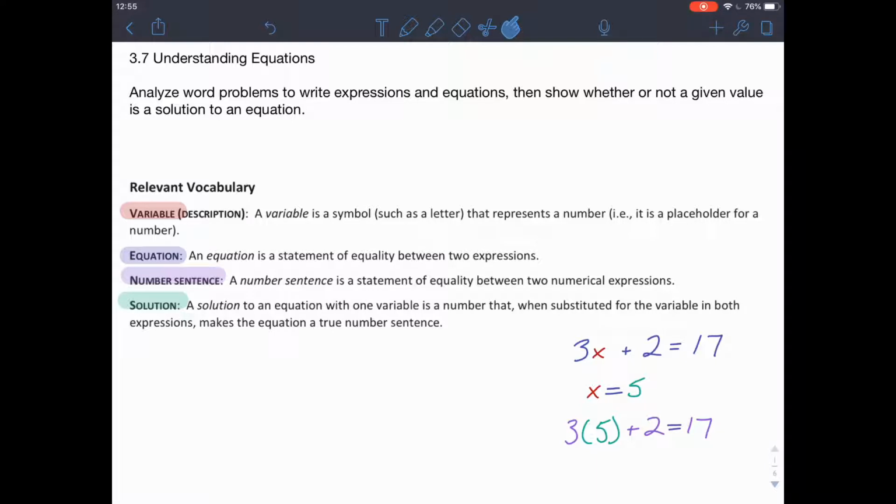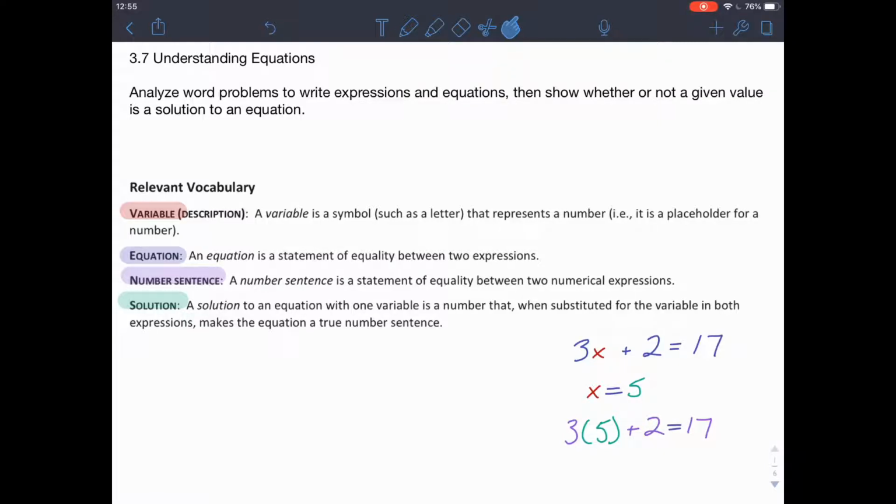And a solution to an equation with one variable is a number that, when substituted for the variable in both expressions, makes the equation a true number sentence. So for example, with our equation to the right, 3x plus 2 equals 17, our solution is that x equals 5. And we can evaluate the equation by turning it into a number sentence of 3 times 5 plus 2,